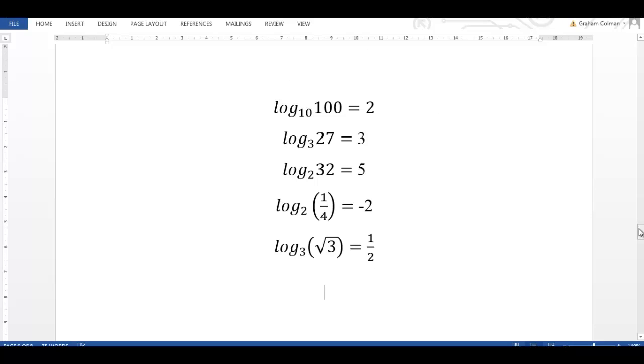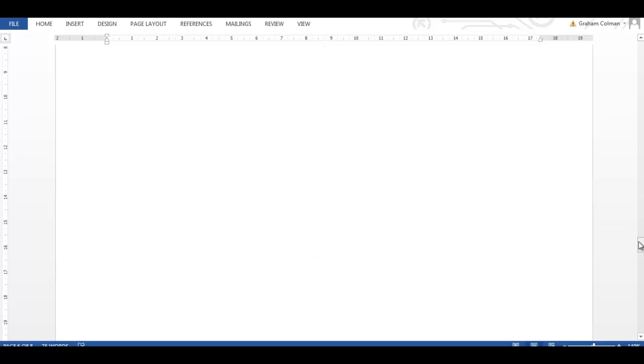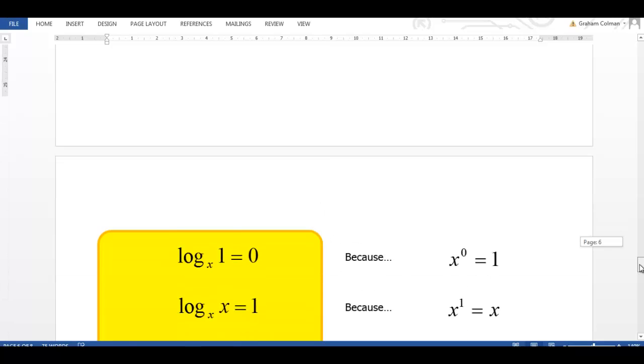And here are those answers. 10 to the power of 2 makes 100. 3 to the power of 3 makes 27. 2 to the power of 5 makes 32. 2 to the power of minus 2 makes a quarter. And 3 to the power of a half makes root 3. So moving on,